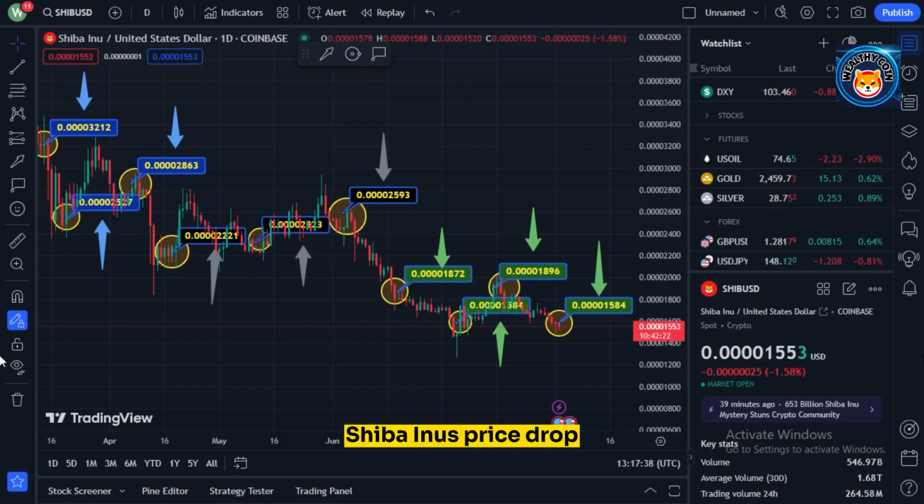Shiba Inu's price drop coincides with the hedge fund's buying binge, as it maintains its decline from its 7-day high of 0.00000015 to its current price of 0.00000013. The Dogecoin competitor has seen a 4% drop in the past 24 hours.